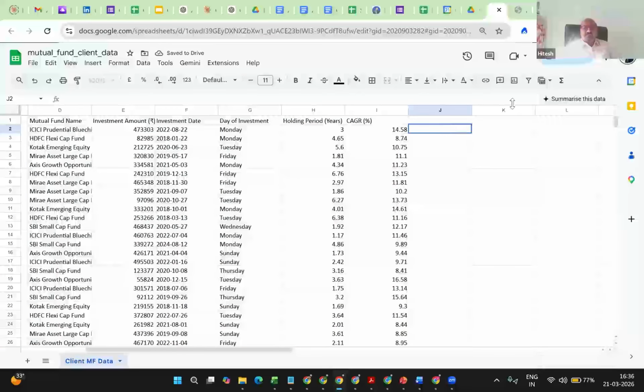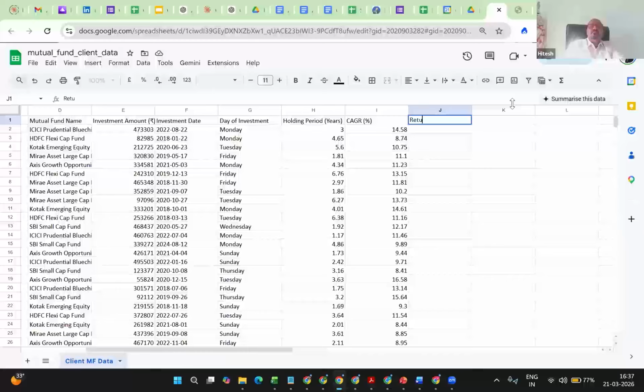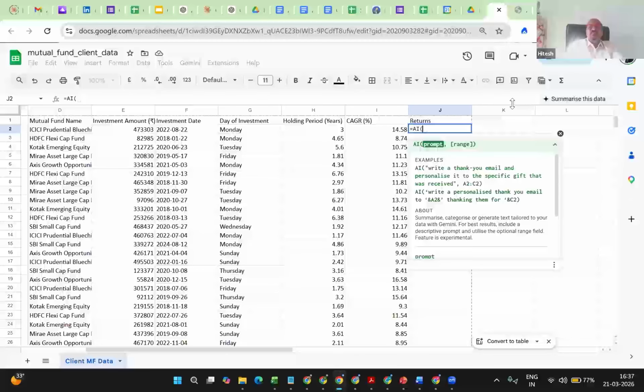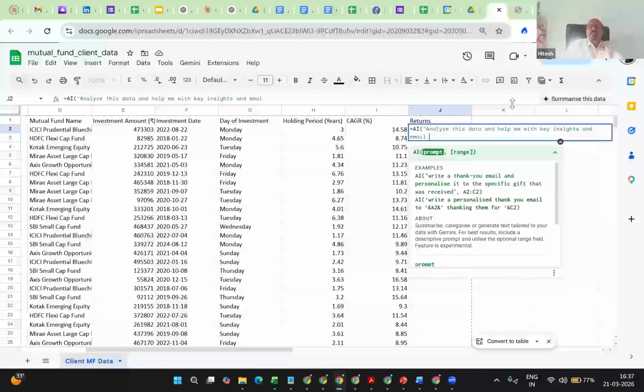So by the way, within Google Sheets today, there's a small little command. Let me type it here. You use equal to AI, open bracket. Then write the prompt first. What do you write in the prompt? Analyze this data and help me with key insights and email for this client. My column headings are